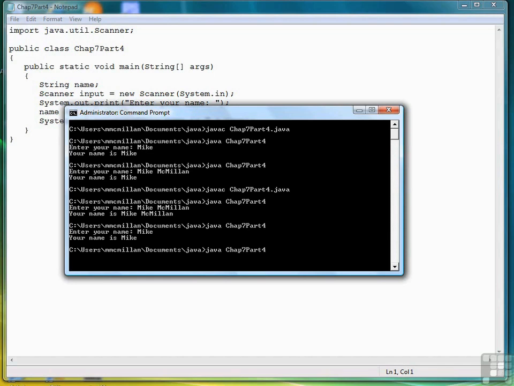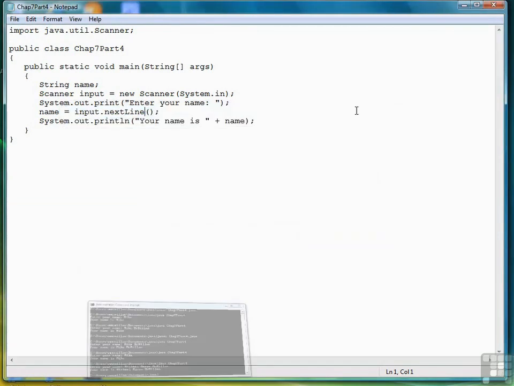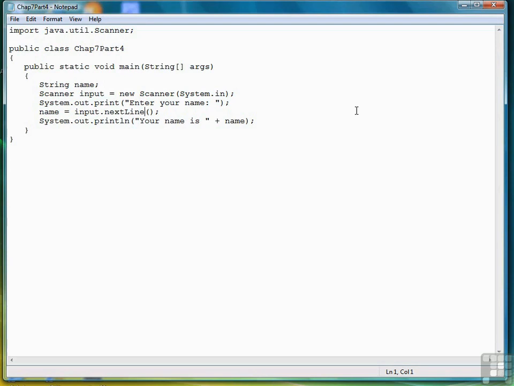and it works. Or I can enter my real full name, and you'll see that nextLine will retrieve everything up until the enter key. So spaces or any other punctuation, any other delimiters, although space is the only real delimiter for the scanner class, any other spaces are ignored up until the enter key. So you can use the next method when you know that you're only getting a single word as string input. But if you're not sure, or there's a chance that there's going to be a space in it, then you